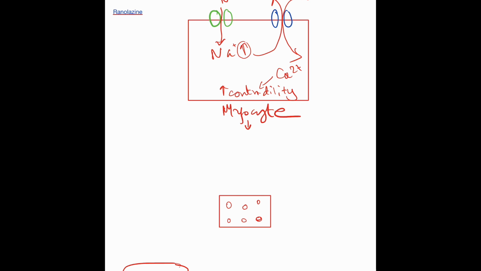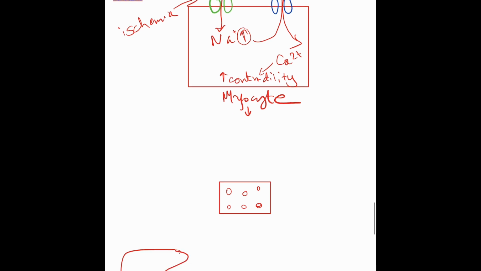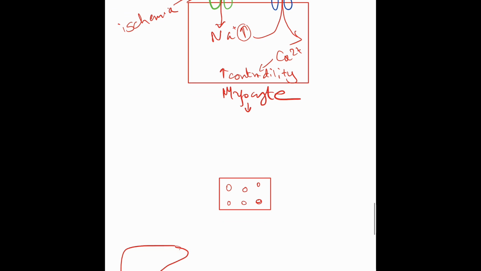This mechanism is greatly enhanced in cases of ischemia, which increases the intracellular sodium and the exchange for calcium, causing increased contractility. So this increased contractility is a problem because it causes sustained contractility,